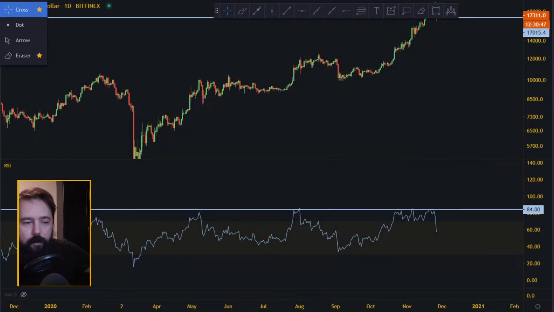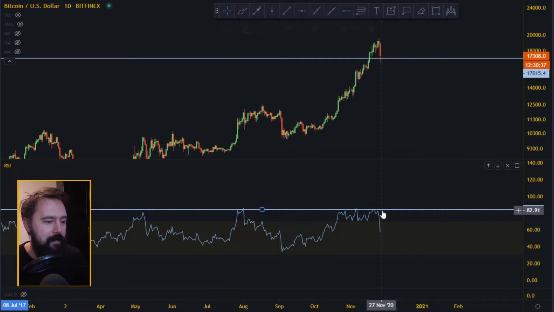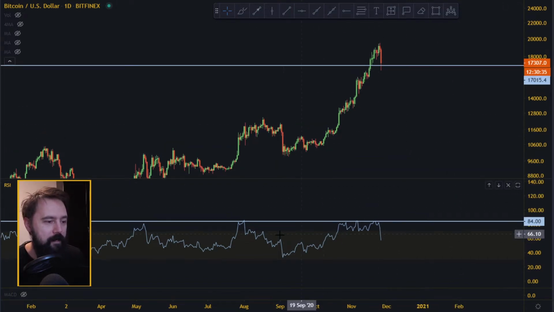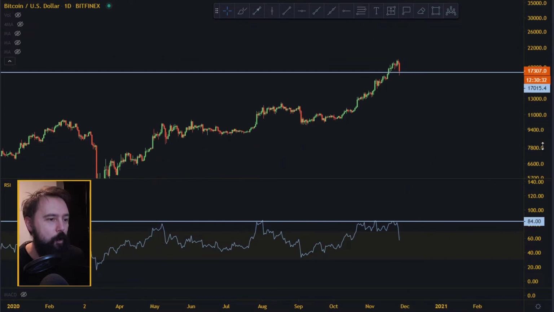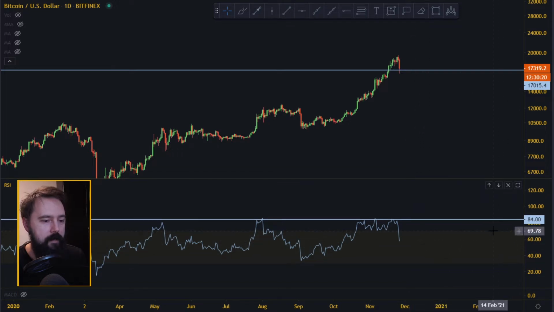Okay guys, thank you for watching that terrible intro on the RSI, but I hope I did explain it somehow. So today we're gonna look at the RSI right now. This down here, that's the RSI, and this is the price of Bitcoin on the daily chart. You can see up here that's the 70 mark, this is the 30 mark, and everybody says when it's below 30 it's oversold, when it's above 70 it's overbought.